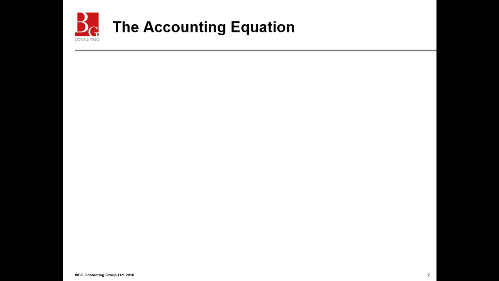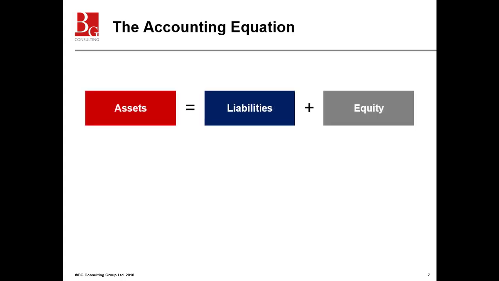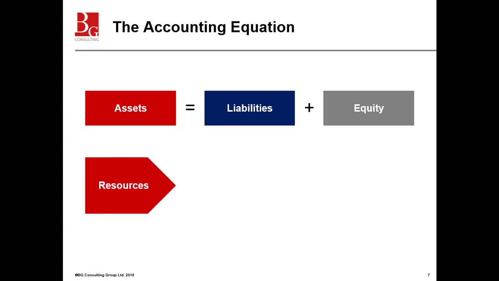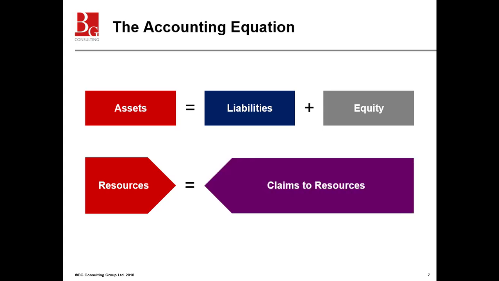Next, we'll look at the accounting equation. And you can see the accounting equation if you look at any company's balance sheet. The equation explains why the balance sheet balances. We can see that assets for a company must be equal to the total of its liabilities plus equity. Another way of describing that relationship is that the resources in the company must balance with the claims to resources. Or yet another version would be that uses of funds need to equal sources of funds for any company.